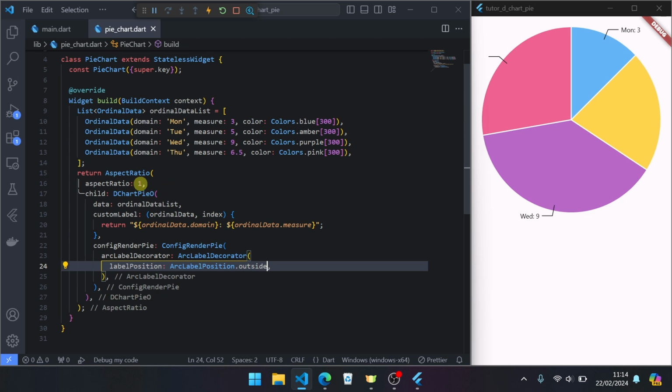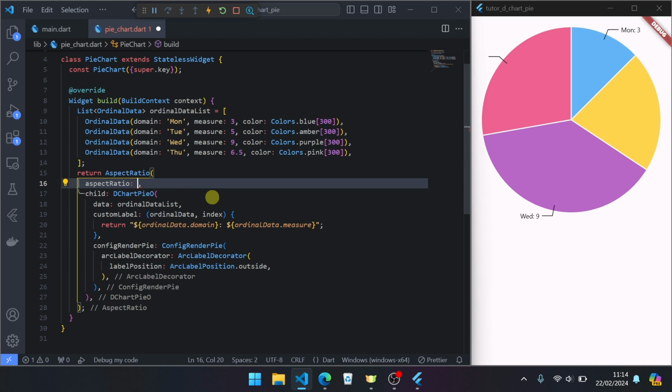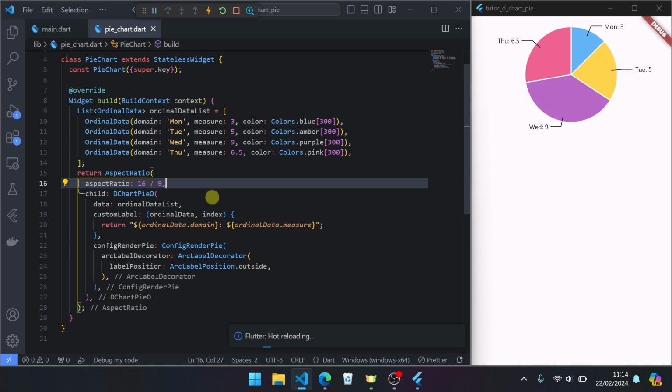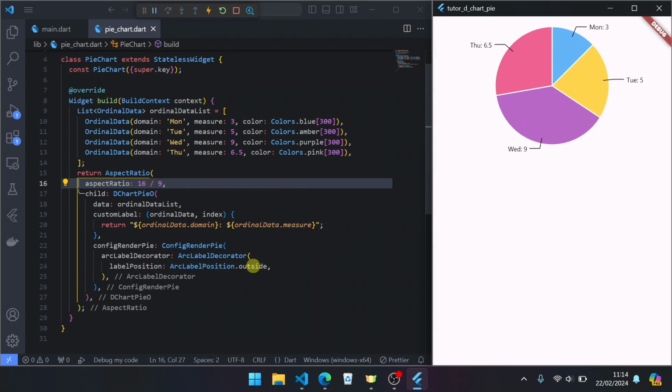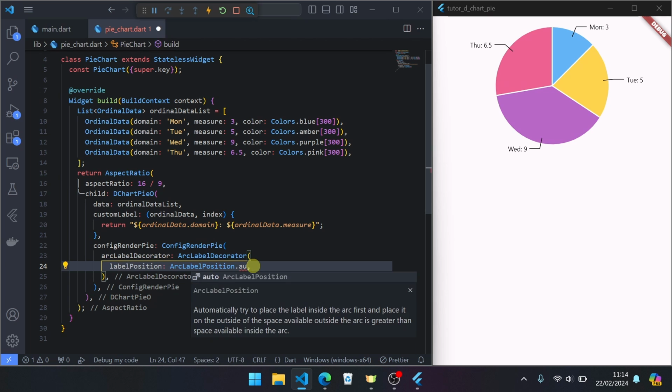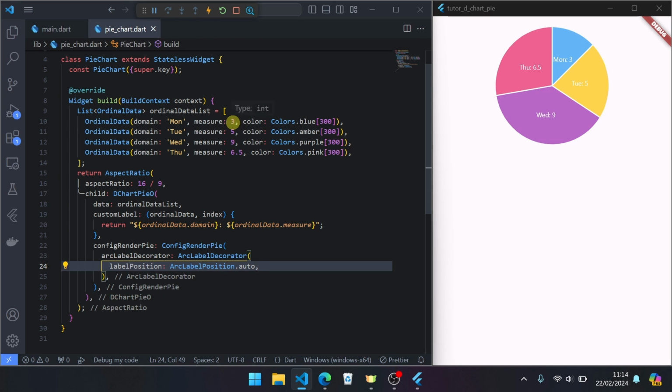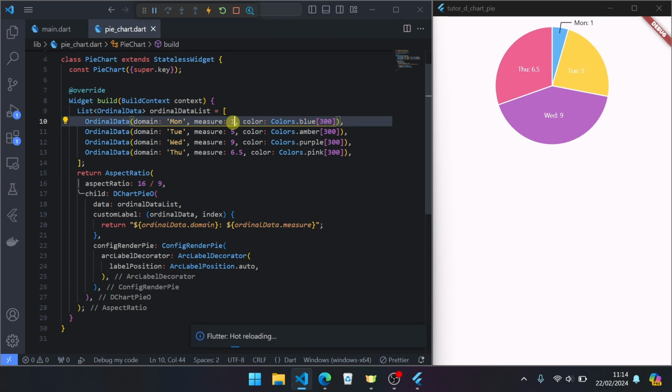For example, you can modify the aspect ratio like this. Space is available to show the label and leader line. Okay, we can go back to auto and change here to 1.